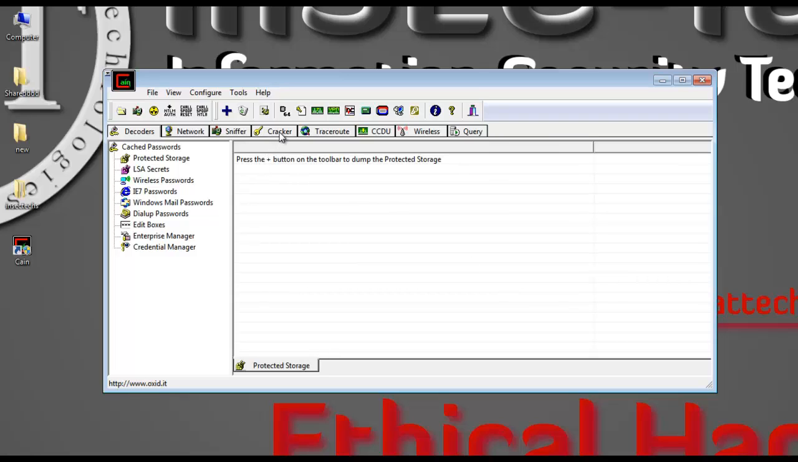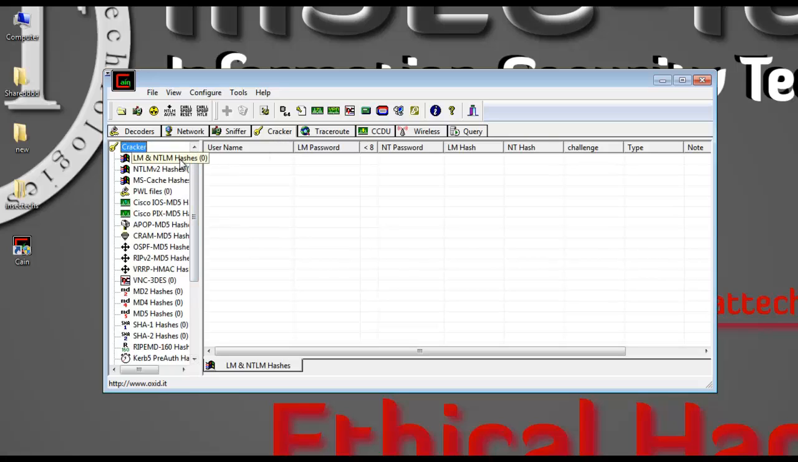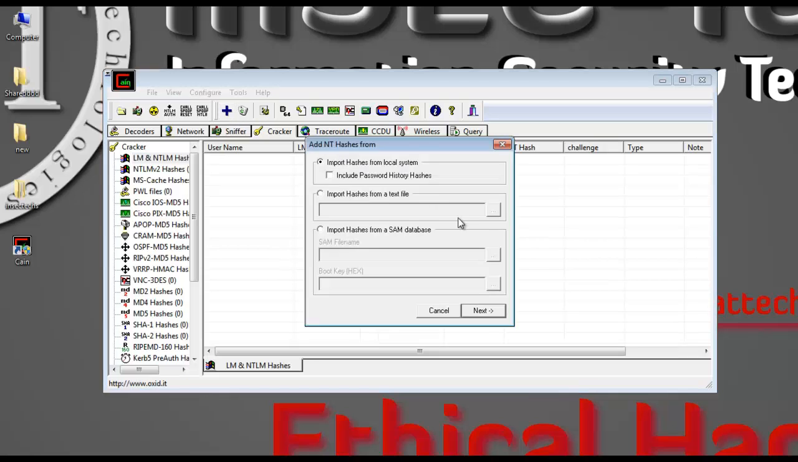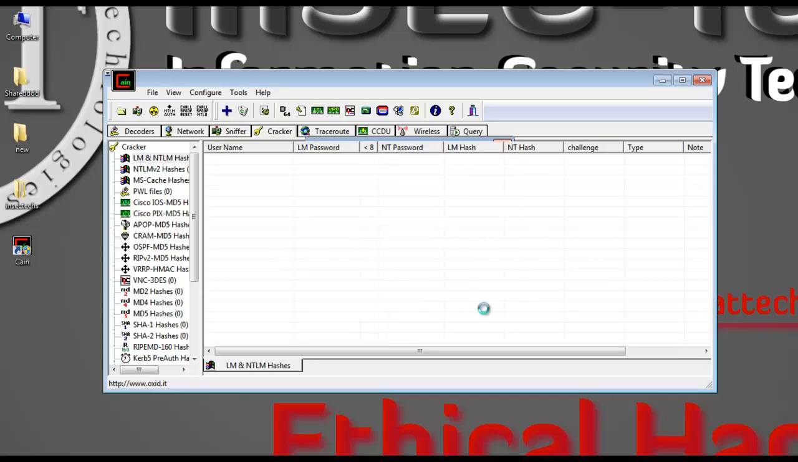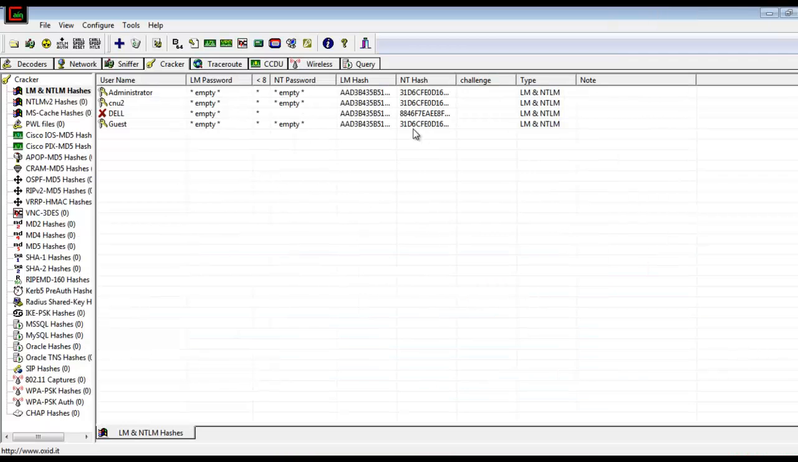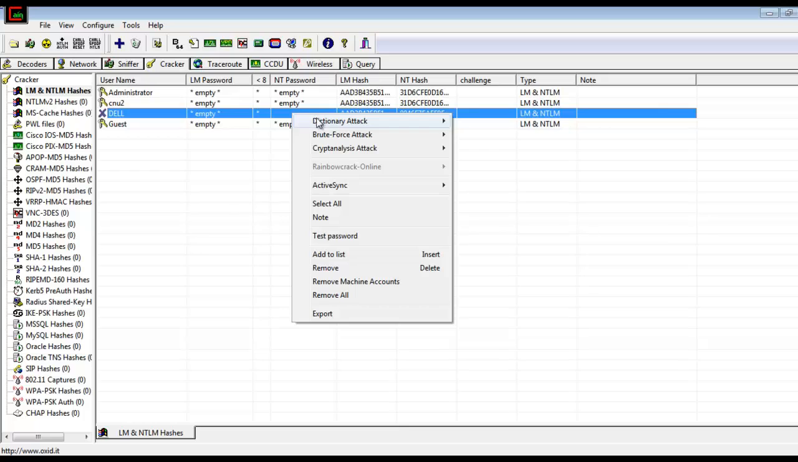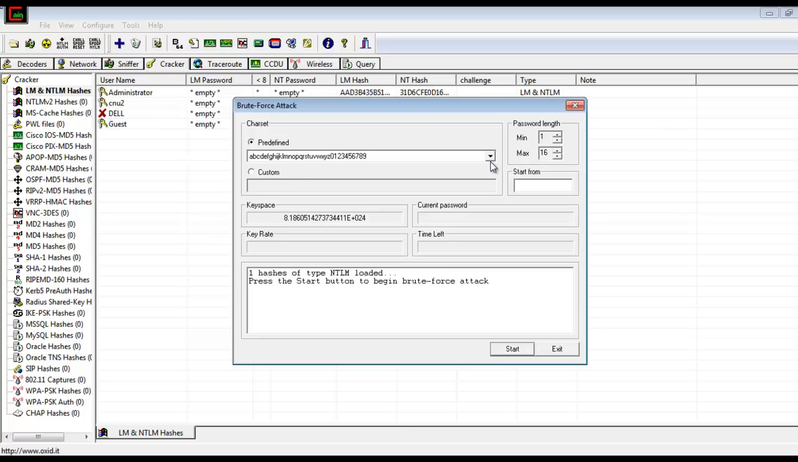Again, I'm just going to the cracker tab and checking LM and NTLM hashes and plus and import hashes, and again I'm just going for brute force attack this time, NTLM hashes. Now since I know the password is password, I know that it has 8 characters, so I'm just making the minimum length 8, and I'm giving one more rule that the maximum length is also 8,